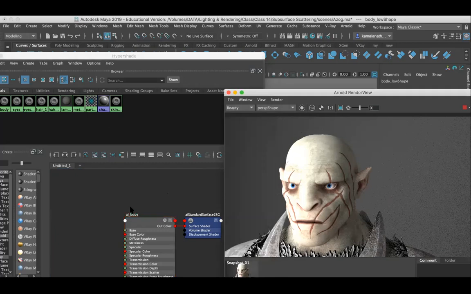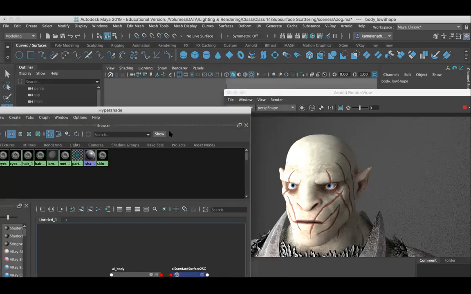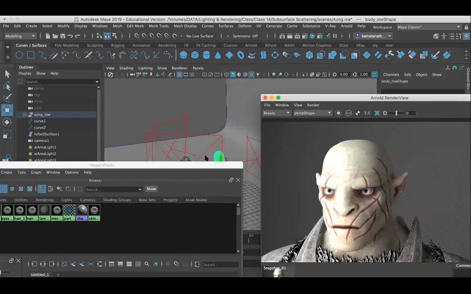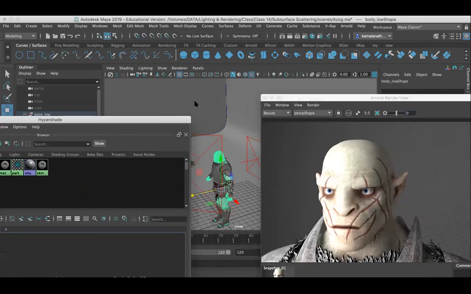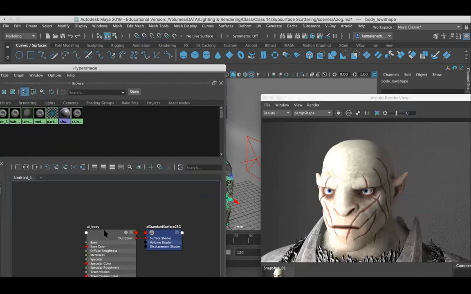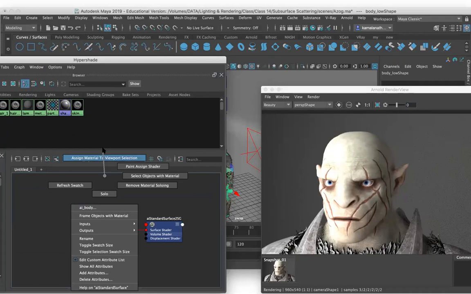Now I want to select the body part. Right click on the material in the node, and assign material to the viewport selection.